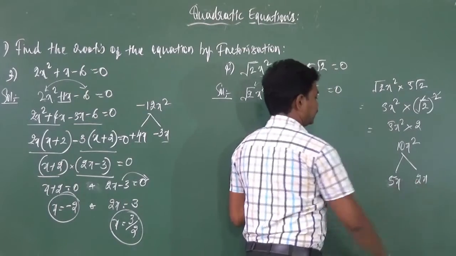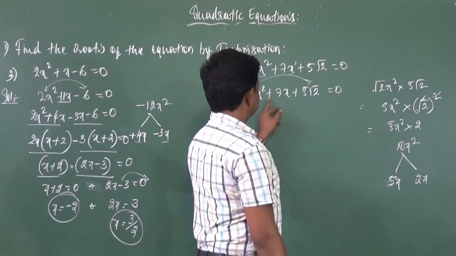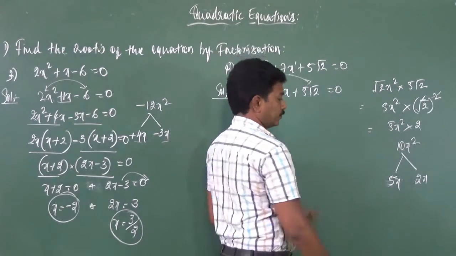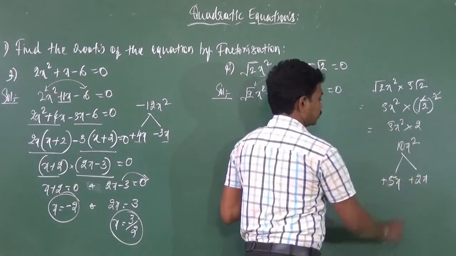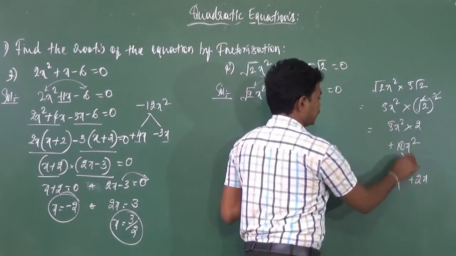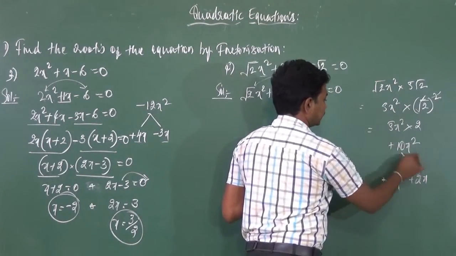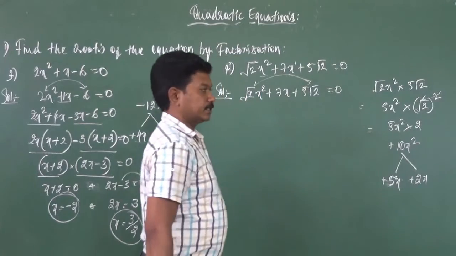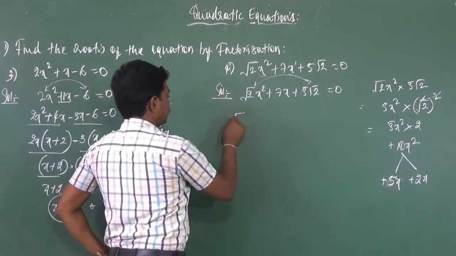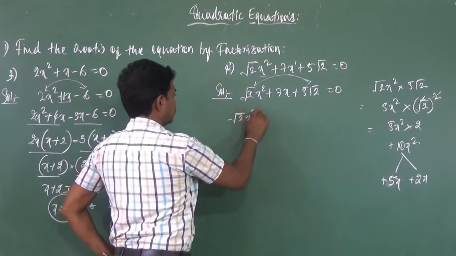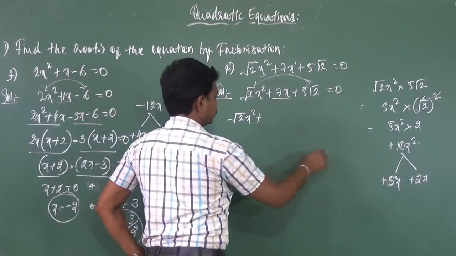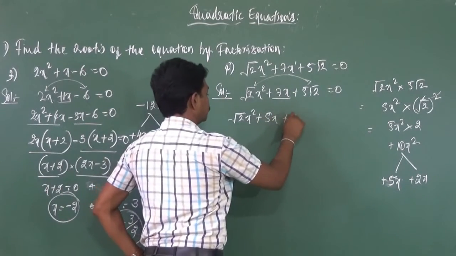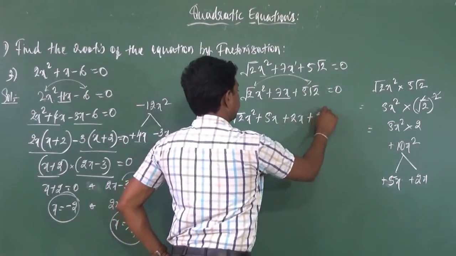5x and 2x. Then we will adjust the sign. Plus 7x you should get when you add it. So therefore it should be plus 5x and plus 2x. Plus into plus, plus. 5 2s are 10, x into x is x square. Yes, it matches. Okay. So be careful here. Root 2x square plus, instead of 7x I am going to write plus 5x plus 2x plus 5 root 2